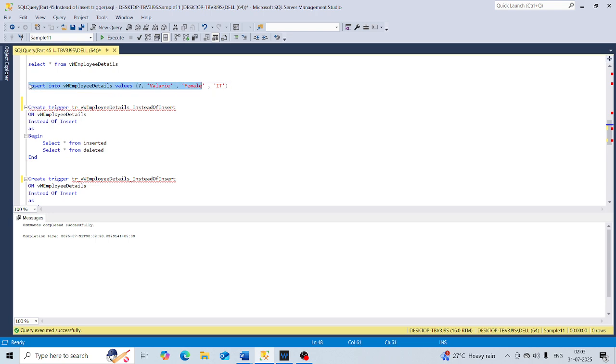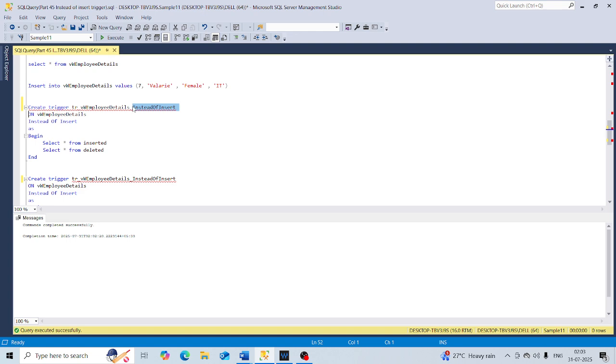So obviously when you try to execute this insert statement, since there is an instead of insert trigger,